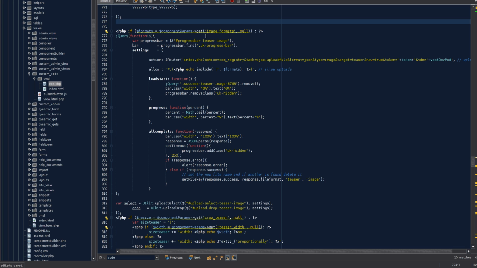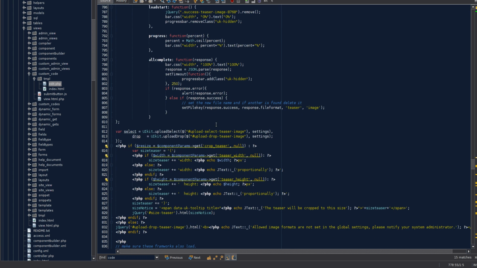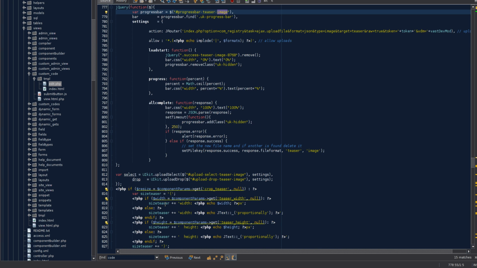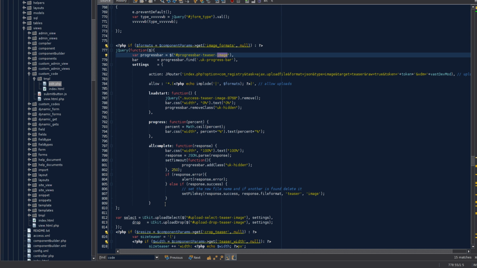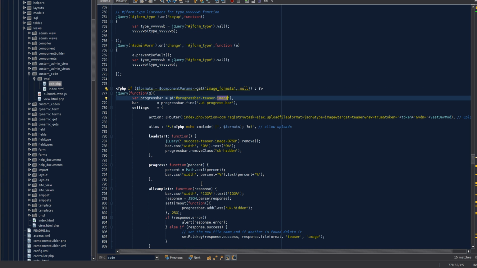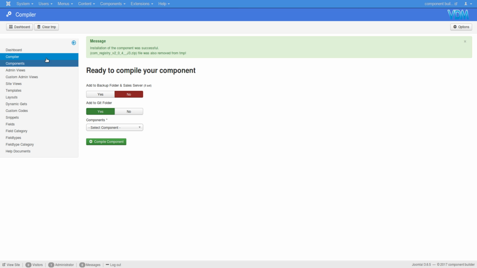So in the code we see there the image has been updated with image, teaser has been placed there, image has been placed there, as well as in all the other areas where we had those arc placeholders. They've all been updated and the code itself has been inserted in the correct area. Well, that is custom code in a little different implementation of it. We've called that the